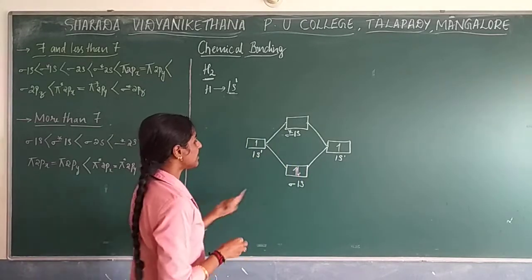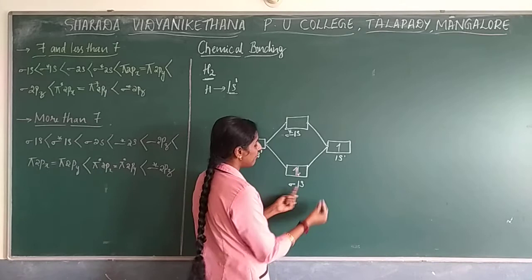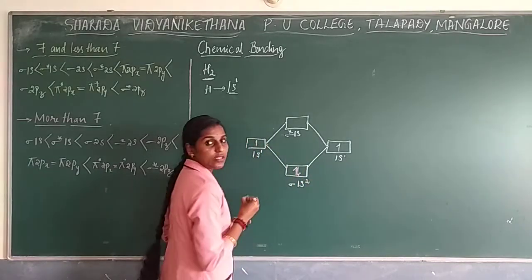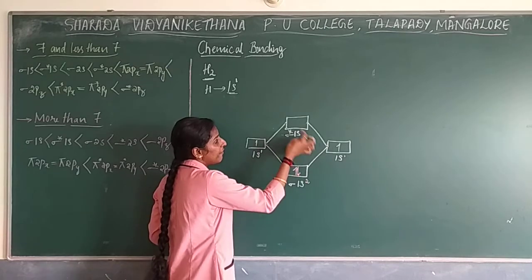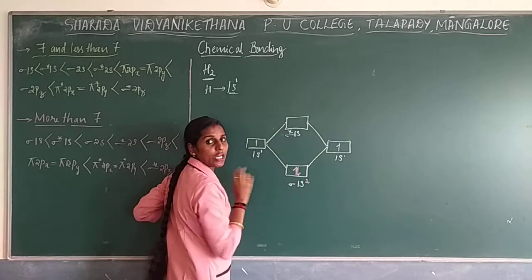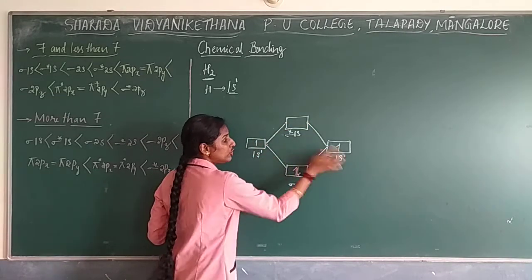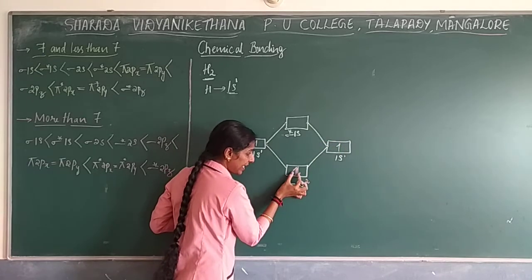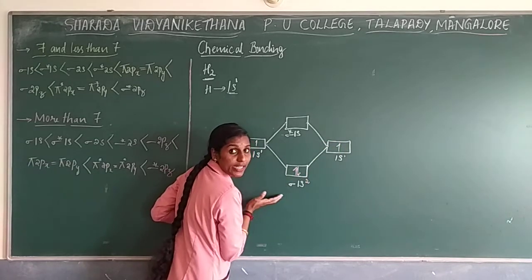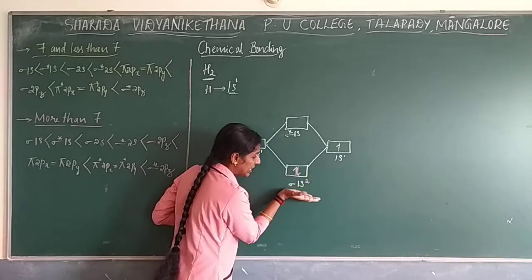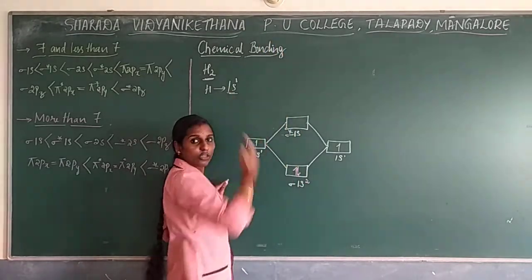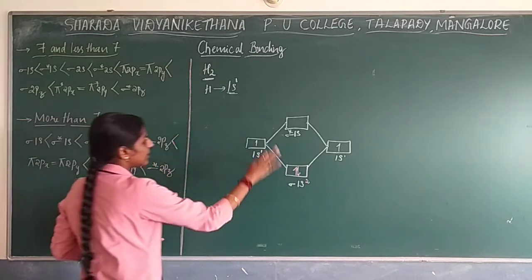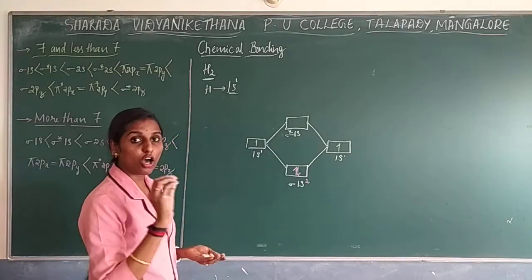So what is the number of electrons that you have given for sigma 1s? That is 2. Very easy concept it is. So am I supposed to give any electron over here? No, because you have only 2 electrons to give, and that has already been given to the bonding molecular orbital. First you need to fill this, then you should go up. So filling will take place in this order. So this is regarding your molecular orbital structure.